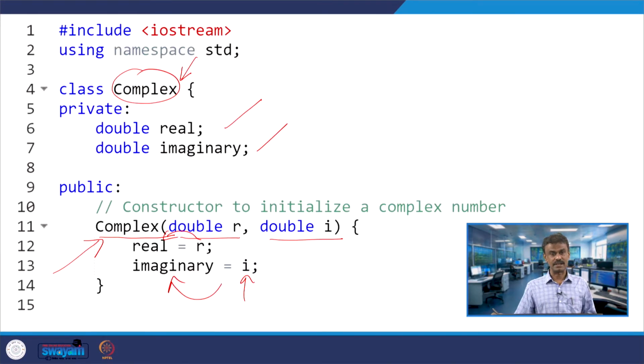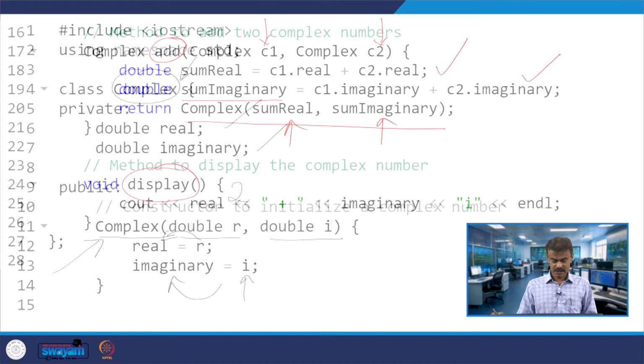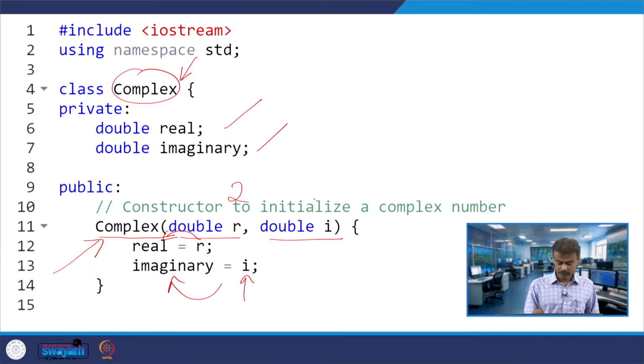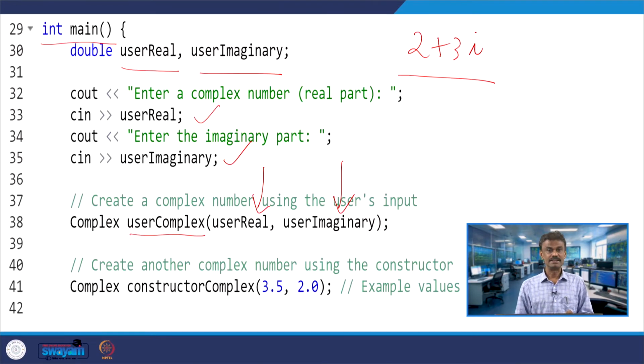Suppose I am passing 2 plus 3i, then real will be 2 and imaginary will be 3. So under the user complex object my real will be 2 and imaginary part will be 3.